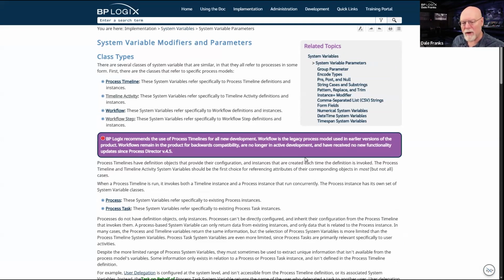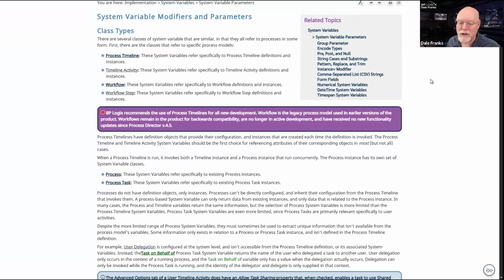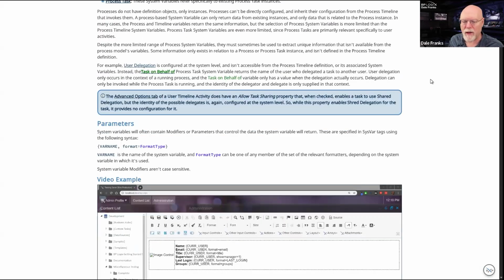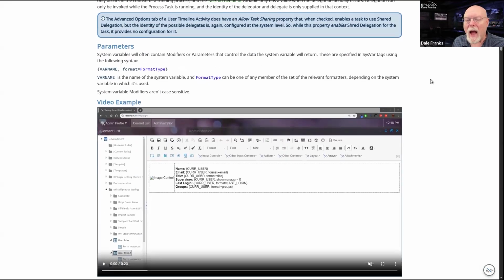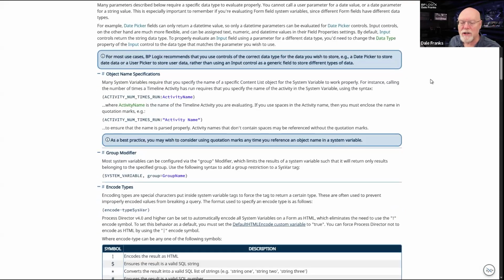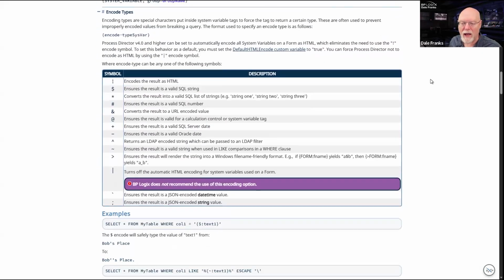But in terms of the generic parameters, those that can be used for nearly all system variables, they're all here in this system variable modifiers and parameters topic. Like I said, it is not exhaustive, because, as we'll look at in a few minutes, different types of system variables might have some specific formatters that are specific to them. However, this has all of your general system variable formatters that you can use.